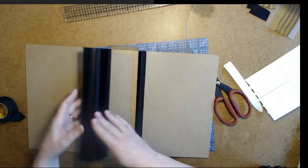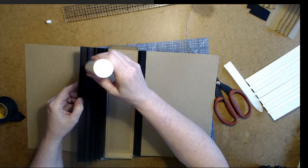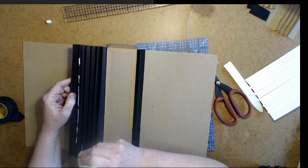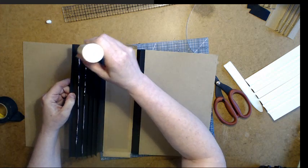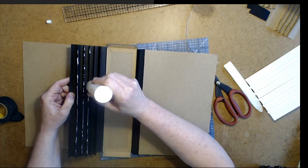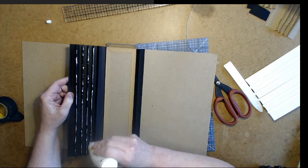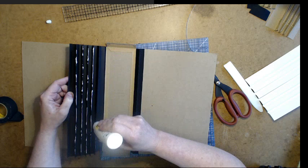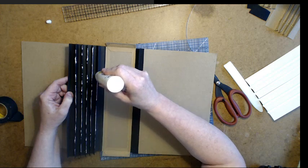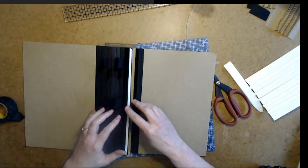But one thing some of you may decide that you want to do, it's not a have to, but I like doing it, is running a little bit of glue. It doesn't have to be the full length, but just some spots along the way, to keep these guys from flopping around or lifting up. So on these fins on the back side, the ones that you may typically be attaching your pages to, but that are now on the underside, just more like ribs at this point rather than fins. So then I can just roll that down,